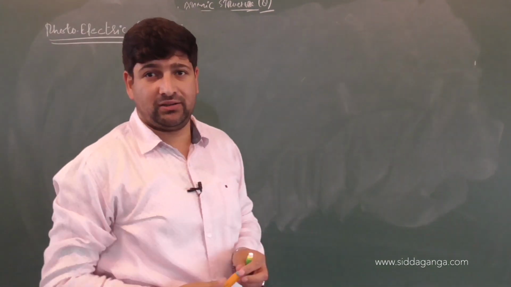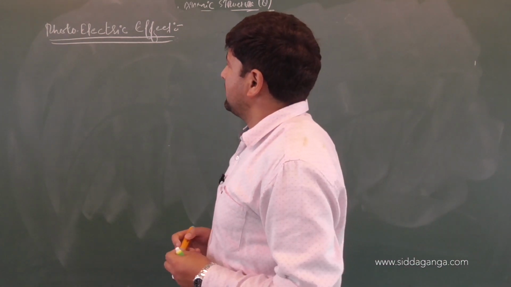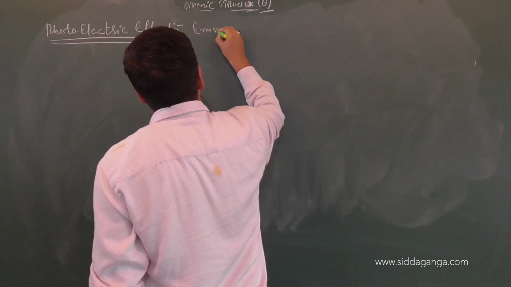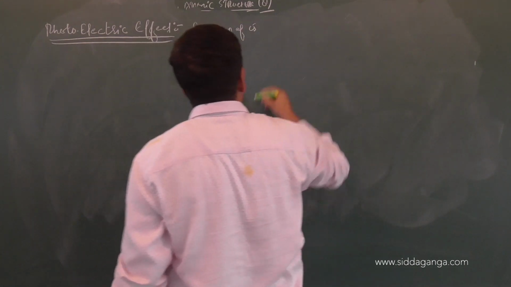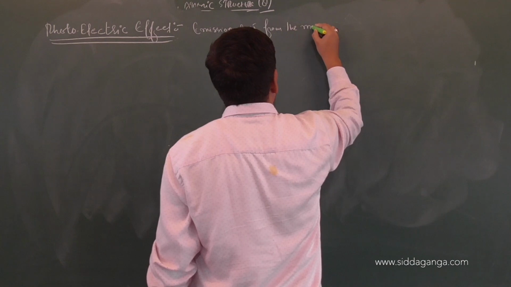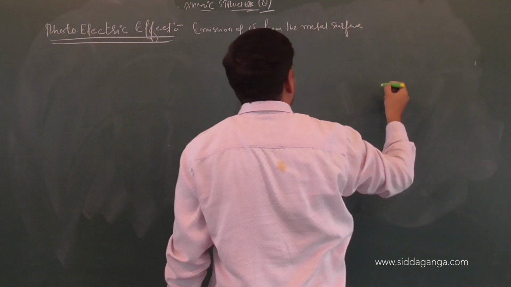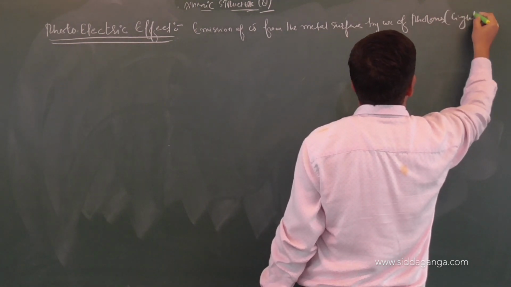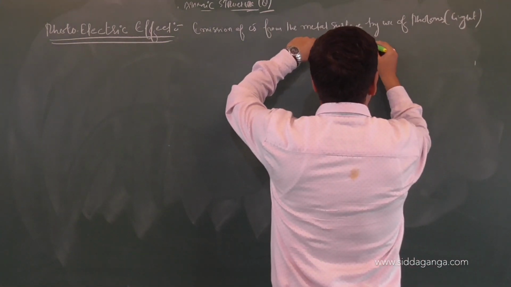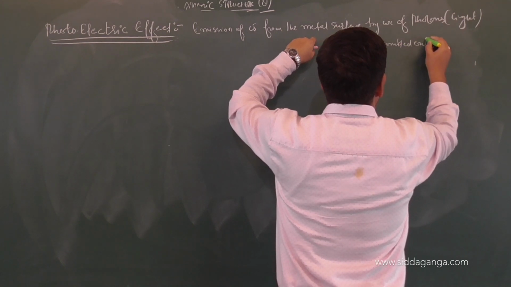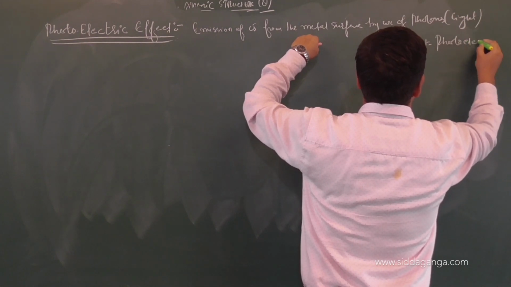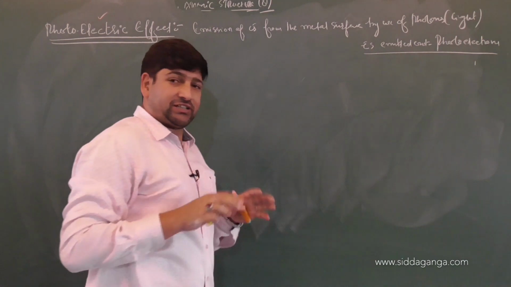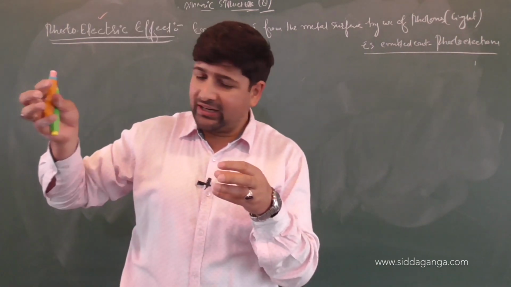Now, what exactly is the photoelectric effect? The basic definition of the photoelectric effect is emission of electrons from the metal surfaces by use of photons, that is light. And the electrons emitted out are called photoelectrons. The photoelectric effect is a phenomenon of ejection of electrons from the surface of metals when they are radiated by